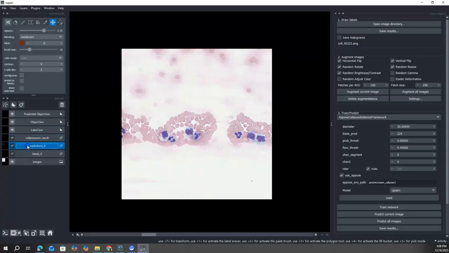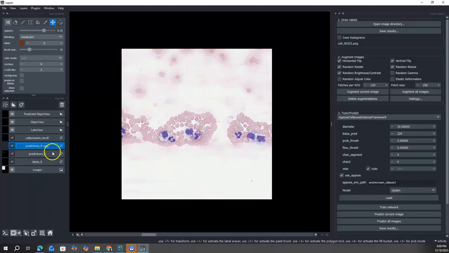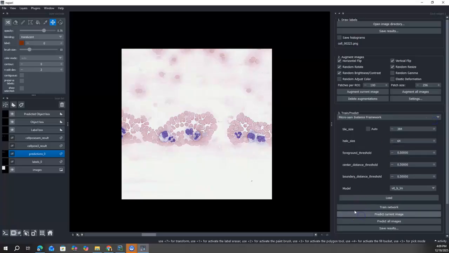And now let's get the microsam one back too so we can compare all three. So I'm going to do another duplicate layer here. And again, this little duplicate layer trick, you could use it for any Napari plugin when you want to save a result to compare it to another result you're generating. So we'll call this one Cellpose3 result. And then finally, let's go back to microsam and just do the microsam one of this again. Microsam, we'll go to predict image. And there you go. Now we can do all of them.